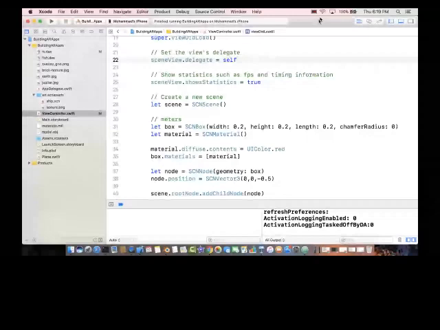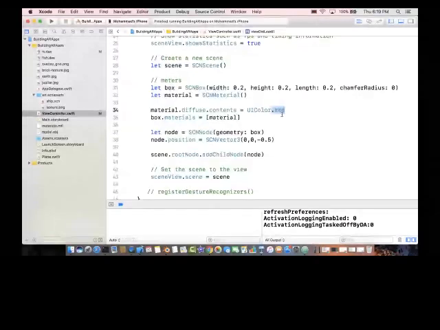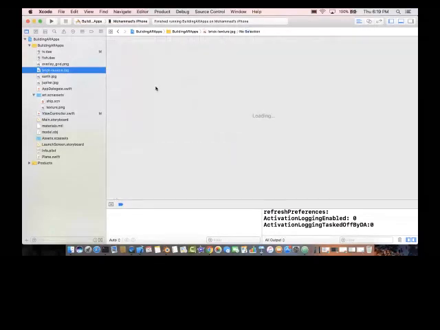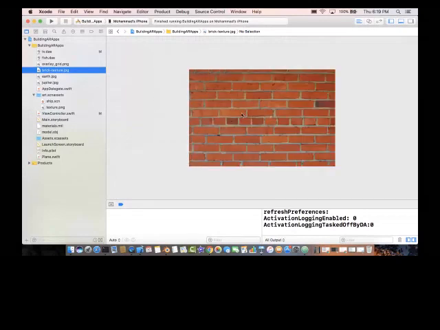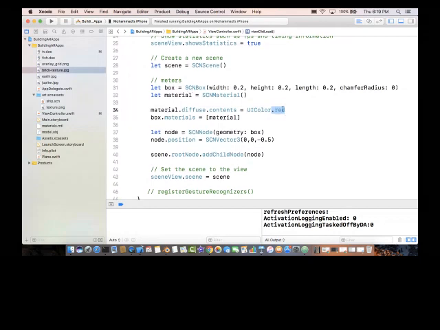Okay, so that material is great, but I want to apply some sort of an image to it. Now, I already have an image over here, which is brick texture.jpg, and I want to apply this on all the sides of the cube. So let's go ahead and do that. Instead of UIColor, I can simply say UIImage and pass in the name, which in this case is brick texture.jpg. All right. And I think we might have to unwrap it or something, but let's go ahead and run it